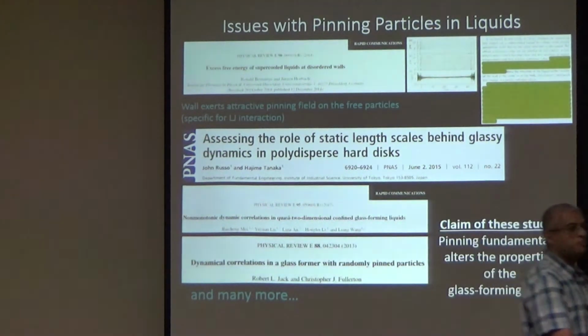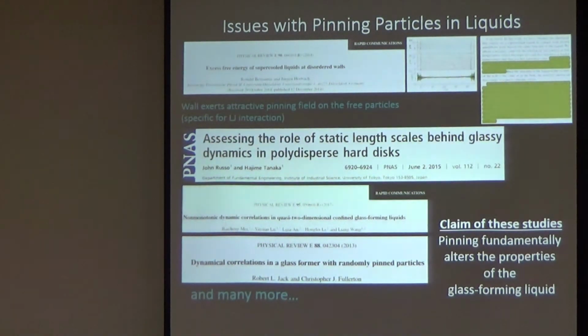I pinned the particles by turning on optical tweezers, but it doesn't matter. In simulations, they just froze a particle. They have the positions of all the particles, they pick a wall at random, a cavity at random, and just freeze it. But the trouble was optical tweezers. You want to put one particle or many particles? I froze a wall in my experiments. But it doesn't matter. These papers cover the entire spectrum: disordered walls, random pinning, cavity pinning. They just said